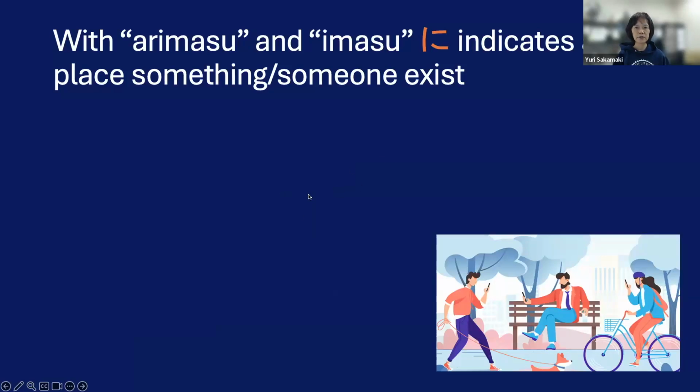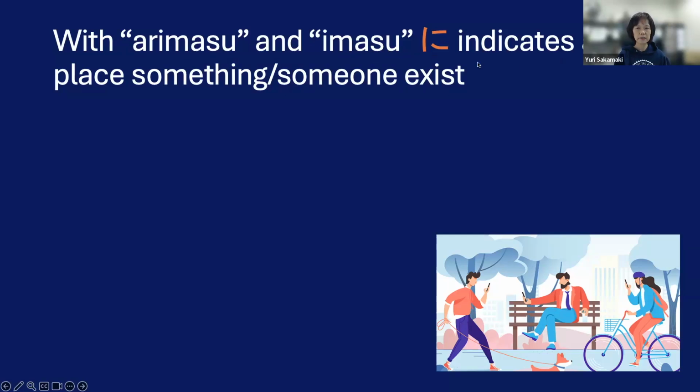And another usage of ni. It's an old particle, but I'm giving a new usage. So ni, if you remember in previous lessons, we use ni when you go to, like movement somewhere. Also, if we use a time word, then it became at 1 o'clock or on Sunday. So those are the two usages of ni. So the third usage of ni is when you use ni with arimasu and imasu, which both mean exist,